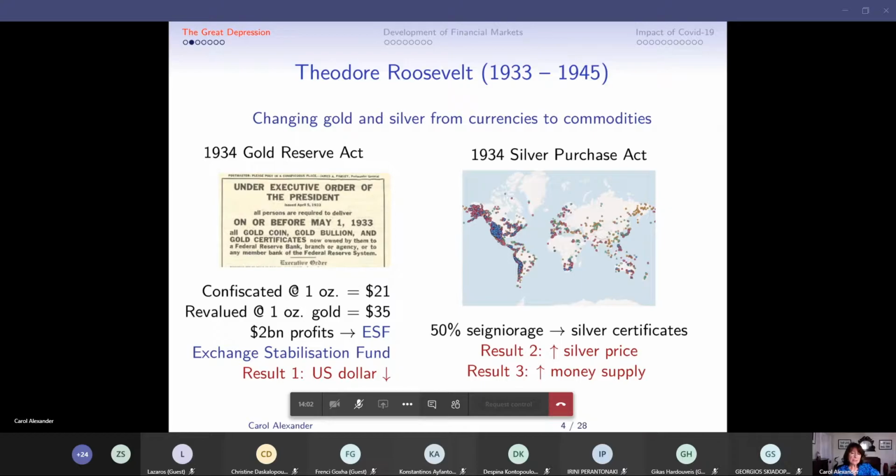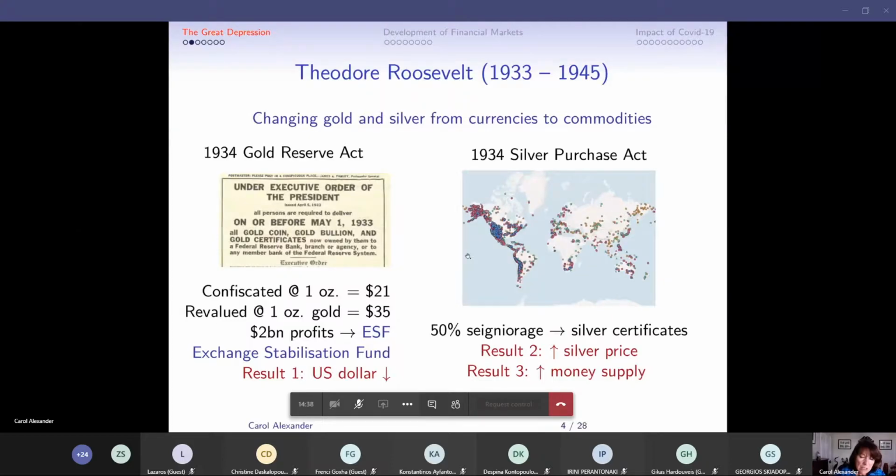Now, the profits of this confiscation, 2 billion of them, went to establish something called the Exchange Stabilisation Fund. And the purpose of that was to stabilize exchange rates, as the depression was exported to other countries and there were competitive devaluations, every country, Europe in particular, trying to boost exports. China was more or less exempt from the Great Depression, mainly because it stuck with the silver